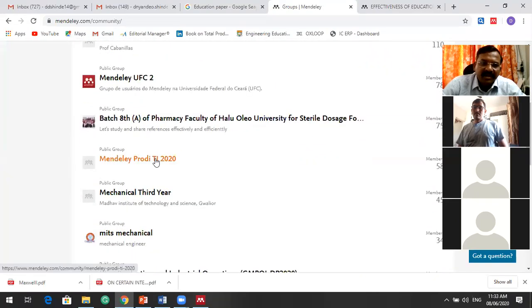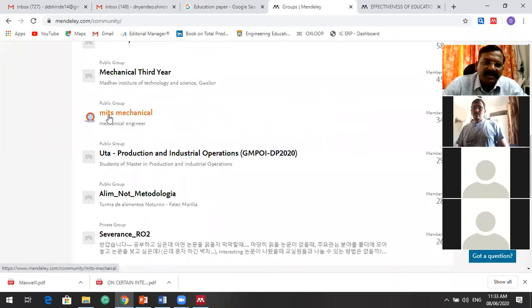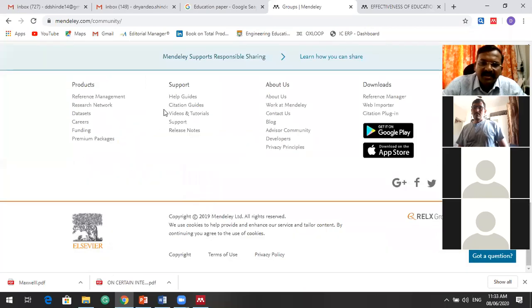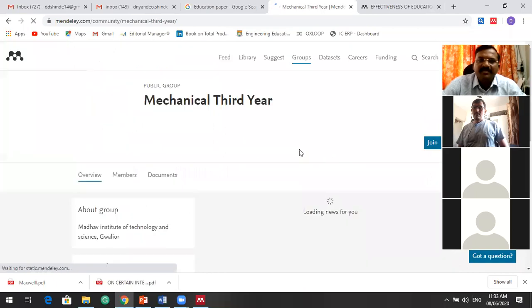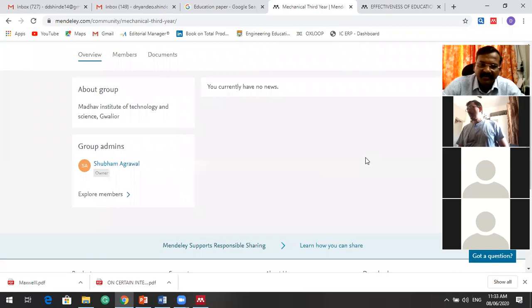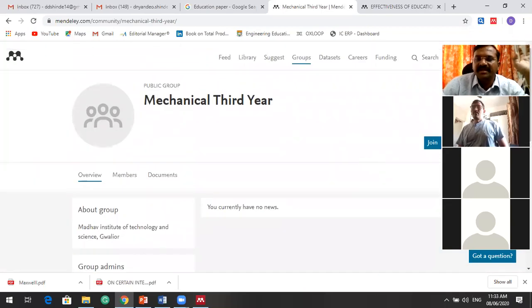Then Mendeley Podai Mechanical third year, created by Madhav Institute of Technology. So MITS Mechanical. Like this, there are various groups available. You can click and access the papers of that particular group if they are giving you access. It may be free or it may be a paid version, but if they have downloaded and added the paper, you can see it. You can join the group.